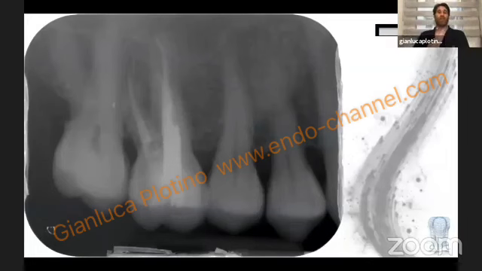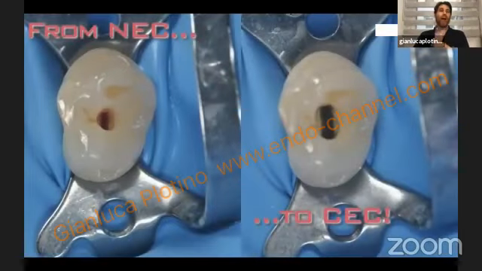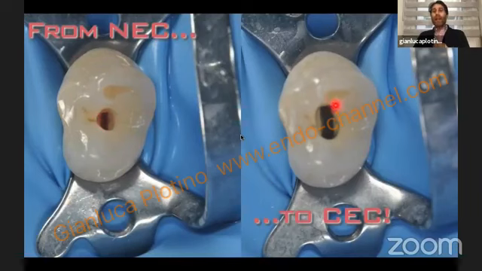So my suggestion, like in this first premolar, is always start small, but then you can enlarge from an ultra-conservative ninja cavity to a conservative endodontic cavity. There is a difference between the two: everything is much simpler.